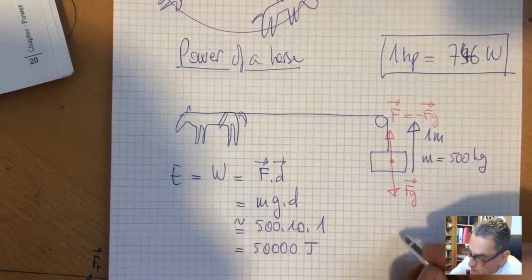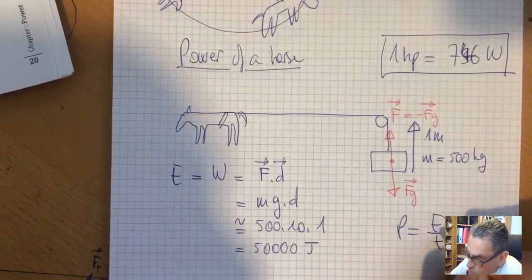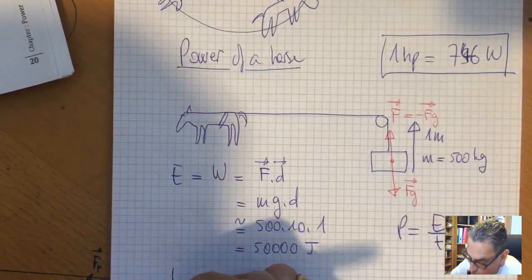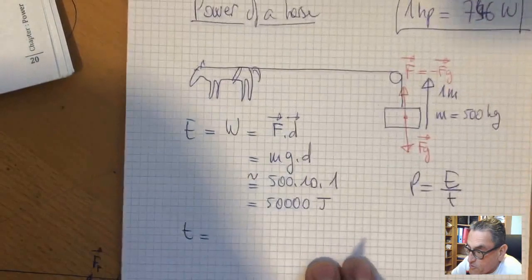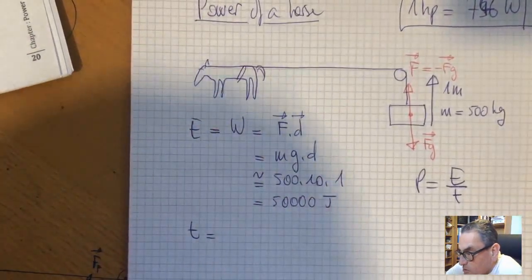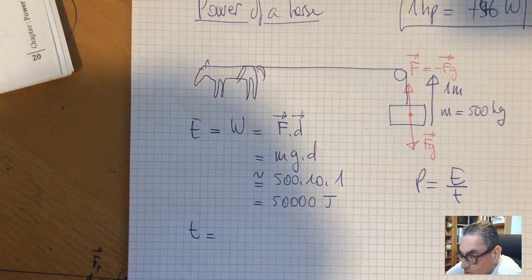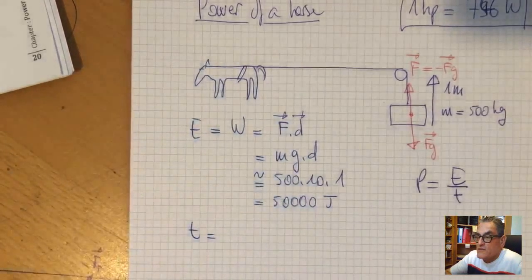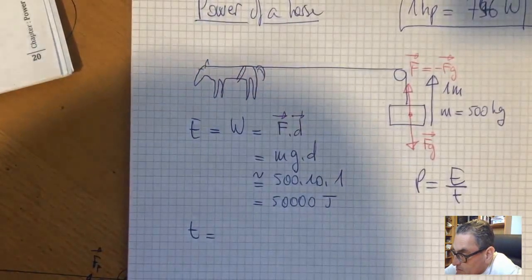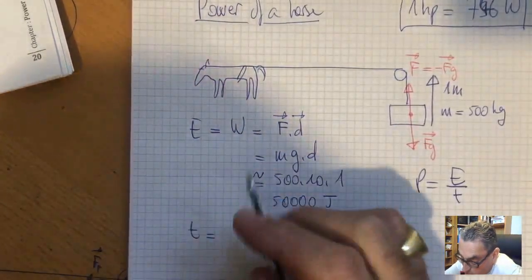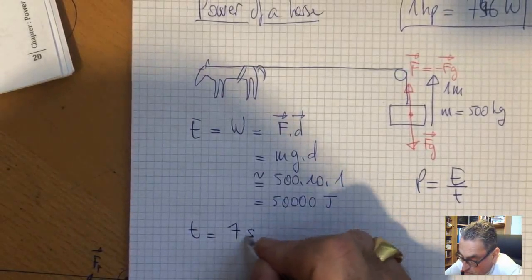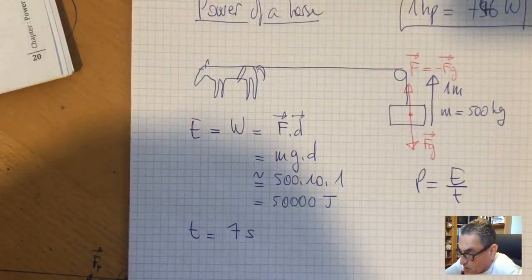This is one thing. Now, if we want to compute the power, we need to know what time it takes a horse to lift a mass of 500 kilos. So this we will guess. How long do you think a horse takes to lift a mass of 500 kilos? Any idea? Just guess it. It's not going to be 1 second, it's not going to be 1 hour. Okay? But typically, we could say 7 seconds, which is a reasonable time,